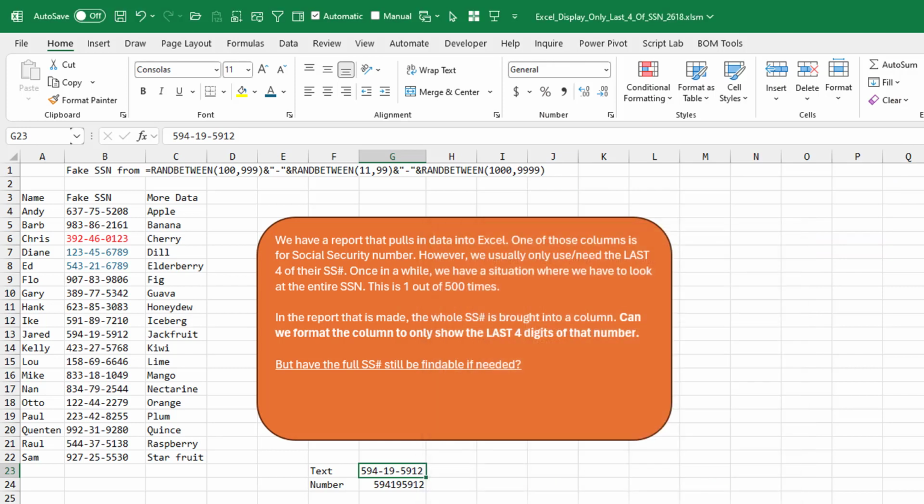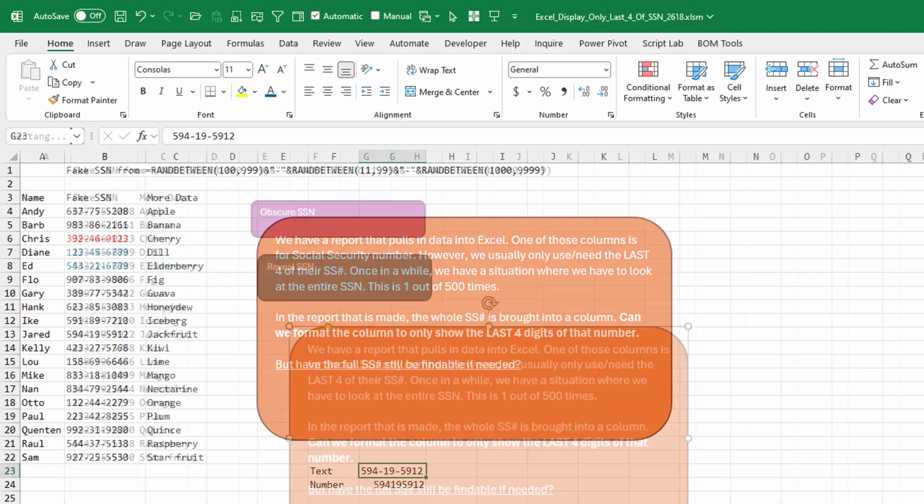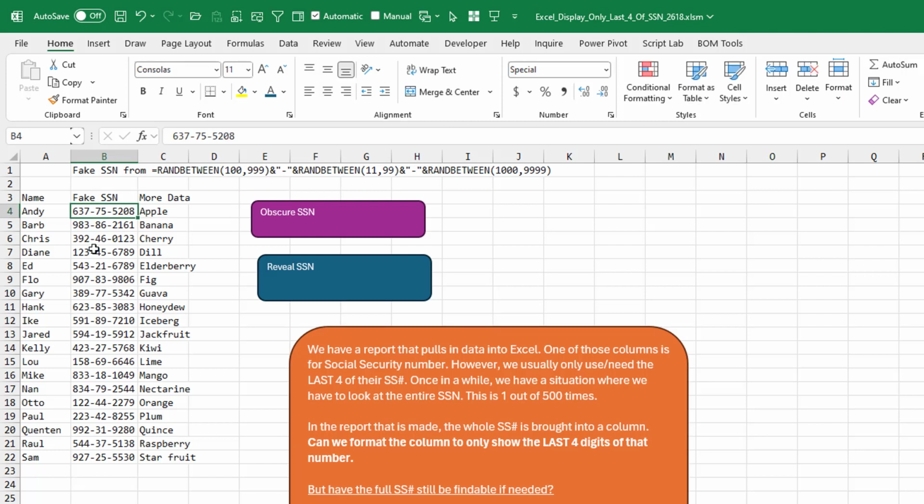All right, so if you're a genius on custom number formatting and you know a solution to this, please, by all means, let me know down in the YouTube comments. But right now, I'm assuming that there's no way that we can mask these characters to display only the last 4 digits. So then I have 2 solutions, one involving Power Query and one involving VBA. My idea is that we're going to select the column that has the Social Security numbers and run this macro called ObscureSSN. Let's go take a look at that code.